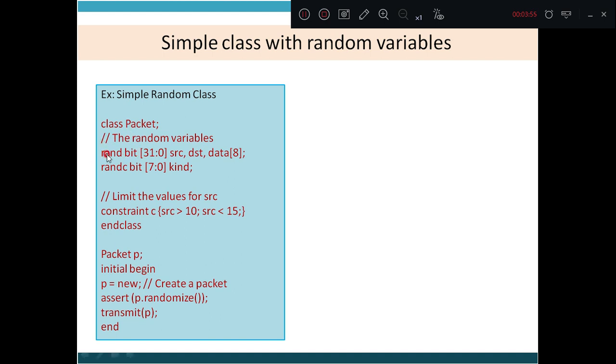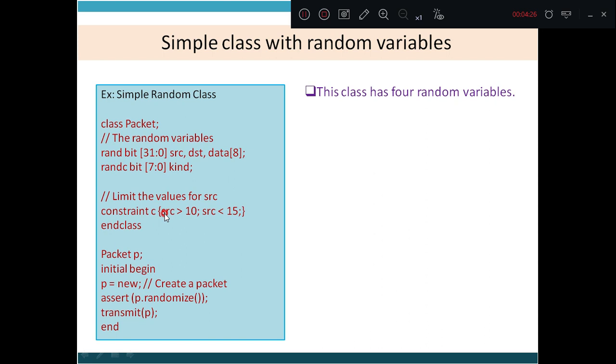When we use rand, the assigned values may be repeated, whereas when we use randc, the assigned values will not be repeated. Only when all the values are completed will it repeat the values. That is the basic difference between rand and randc. We will see that with the example, then it will be more clear.